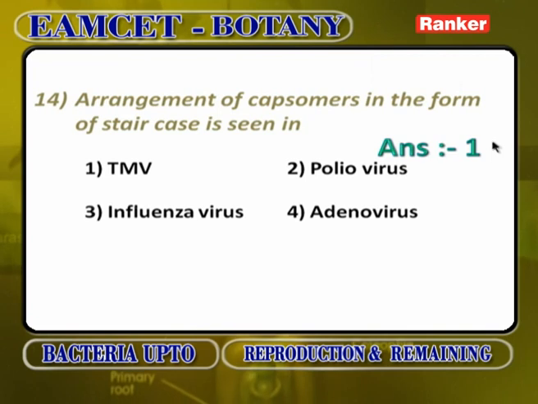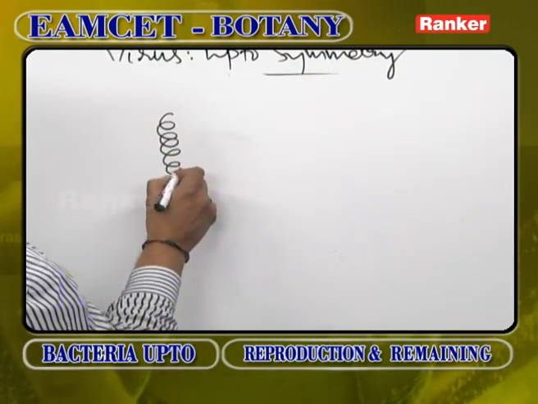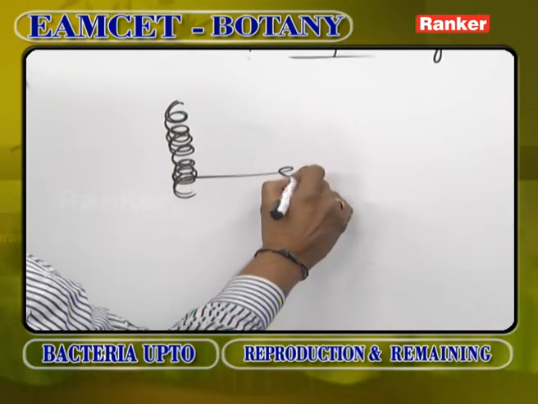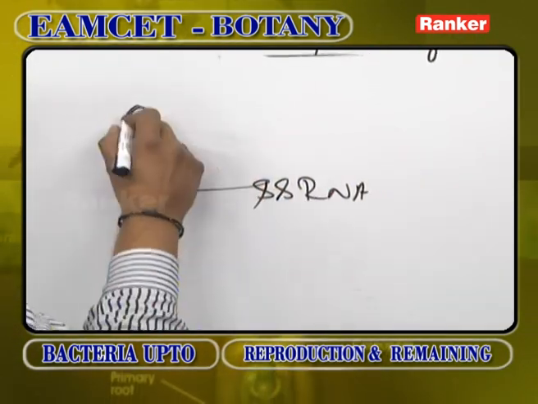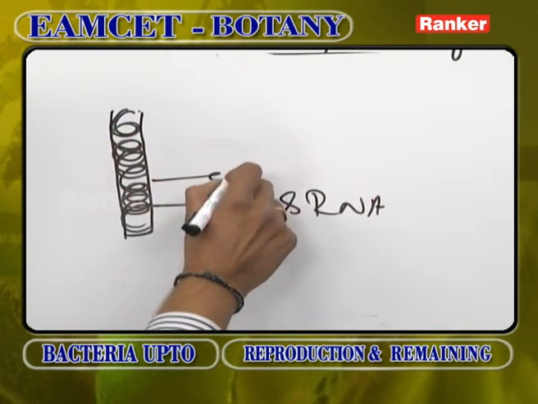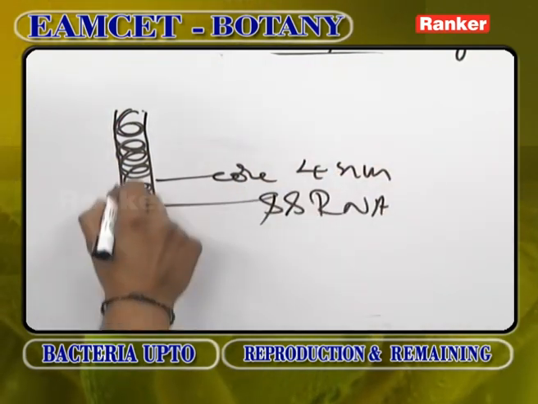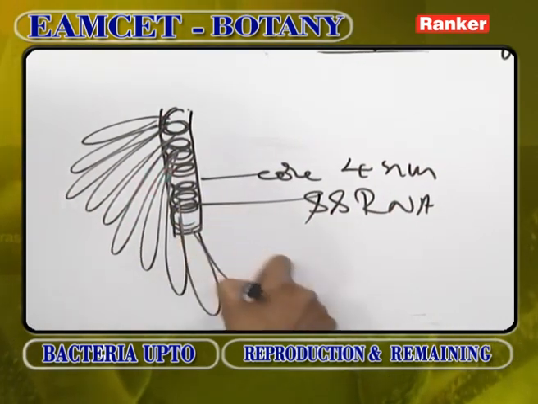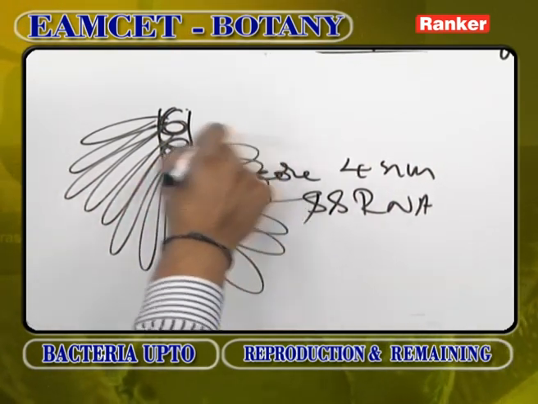Arrangement of capsomeres in the form of a staircase is seen in helical symmetry. That means the genetic material in tobacco mosaic virus is single stranded RNA. The single stranded RNA is enclosed in a special core whose diameter is around 4 nanometers. This core is surrounded by numerous protein bits called